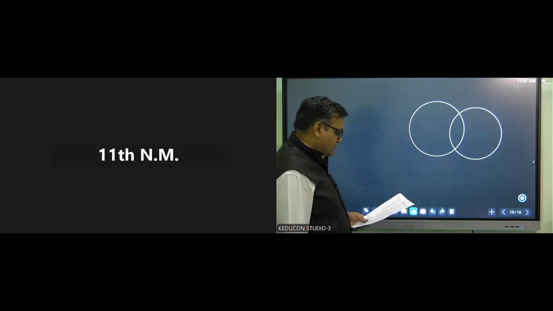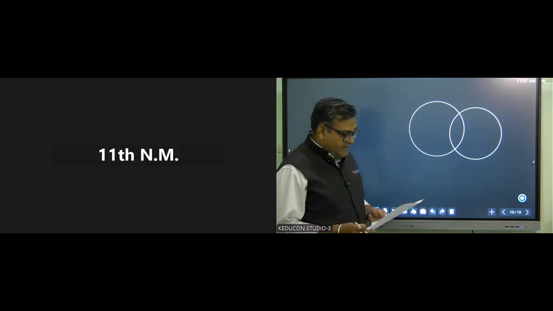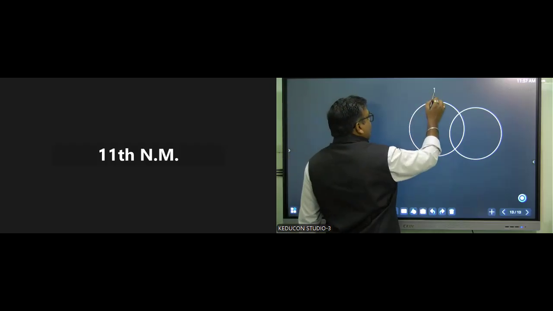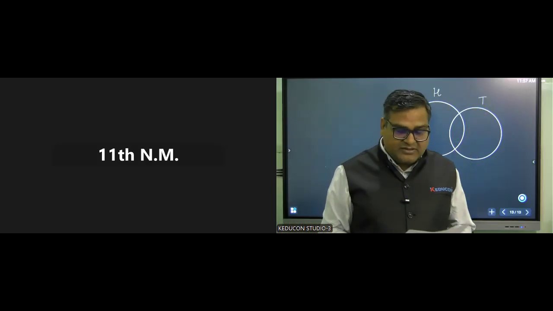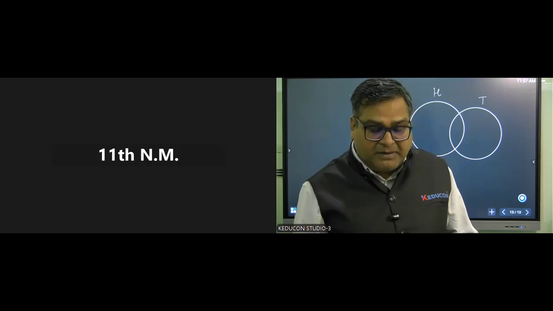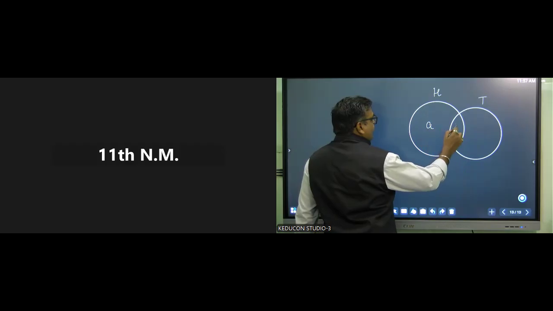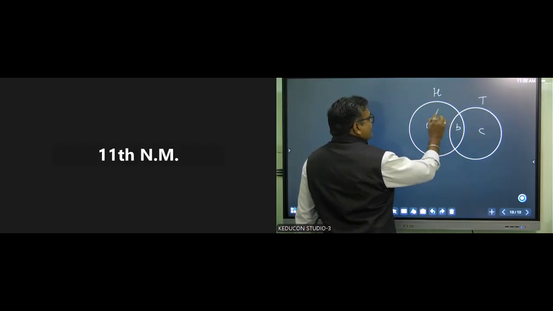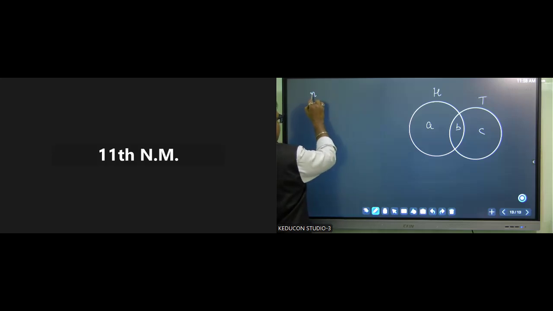Hindustan Times, Times of India. Okay. Right, students? Just have a look at this question. Let's say this is Hindustan Times, this is Times of India. When we say only Hindustan Times, in a survey it was found that the number of people buying only. Now, if I divide these three segments with A, B and C, A is only Hindustan Times. So now what is A given? What is A given, students? 80%.